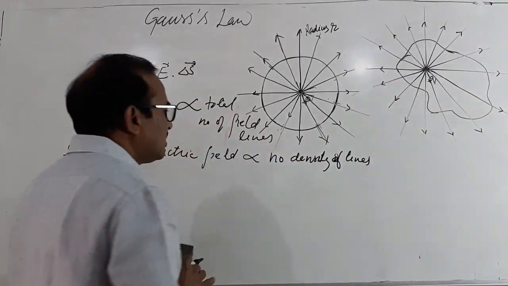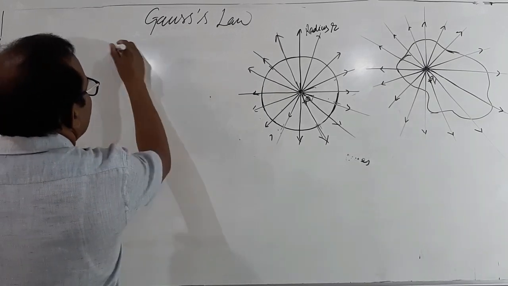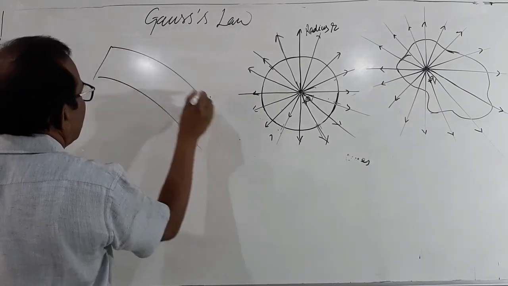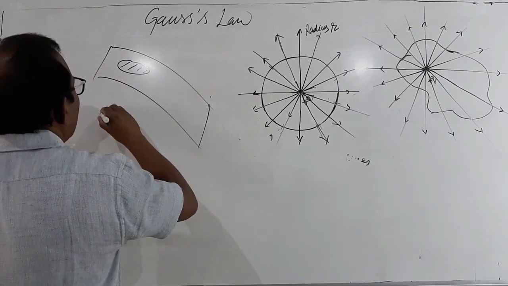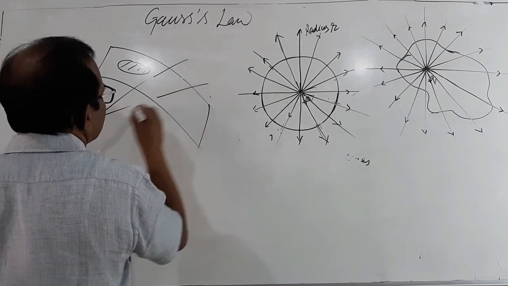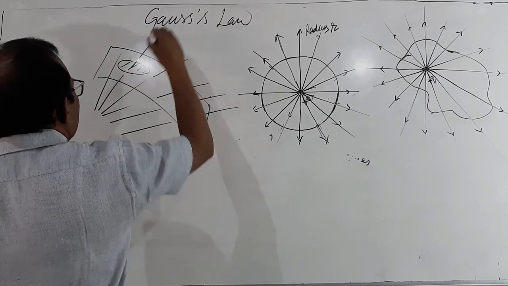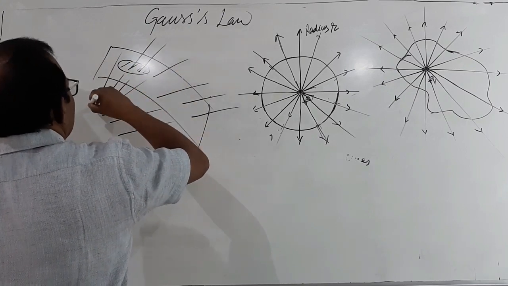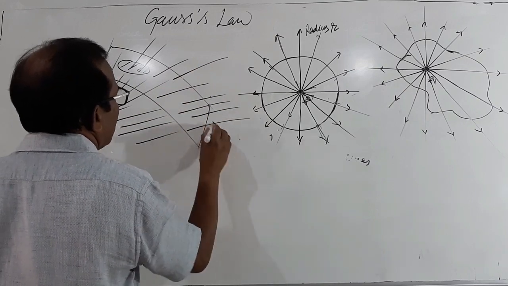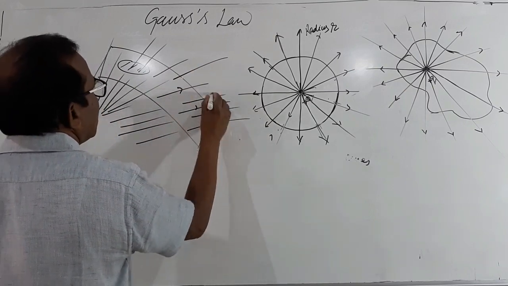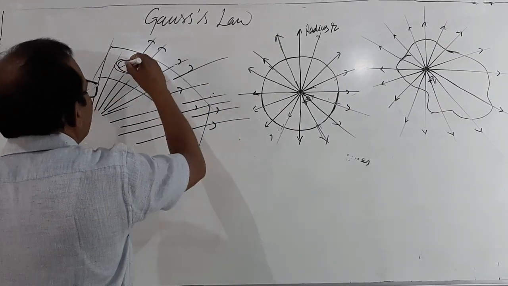So, let us calculate the flux. A flux through a surface element is what? Suppose this is a surface element, many lines are passing through this surface, and you can imagine a large number of lines here. These are electric field lines, going away from this region, and the electric flux through this area element, this surface element, is what?